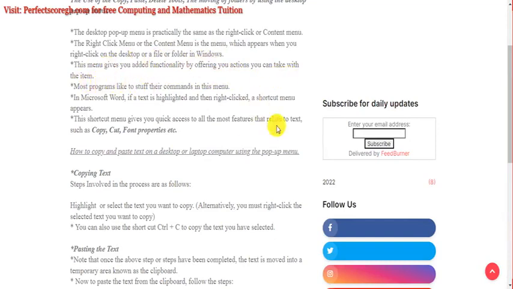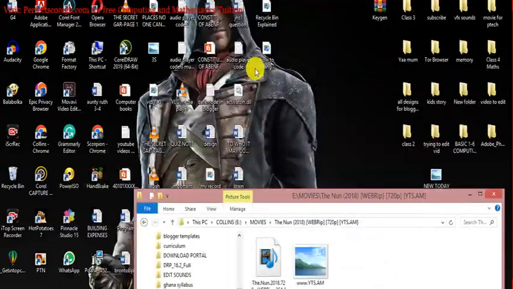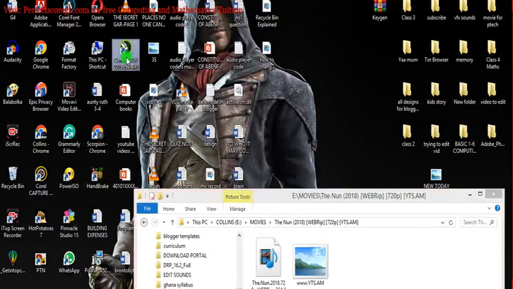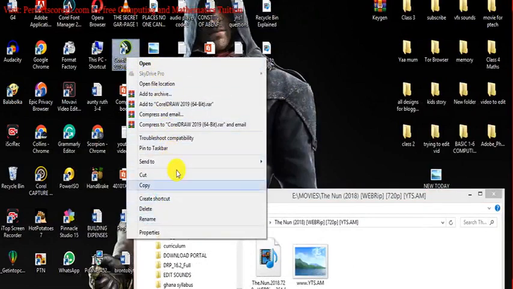So for instance, when you open this JPEG file here or this CorelDRAW file here, it gives us the pop-up menu to show us more additional functionality we need to use with this particular thing, which is the CorelDRAW shortcut. You can see we can rename it, delete it, copy it, cut it, send it to somewhere we want to send it, troubleshoot it,